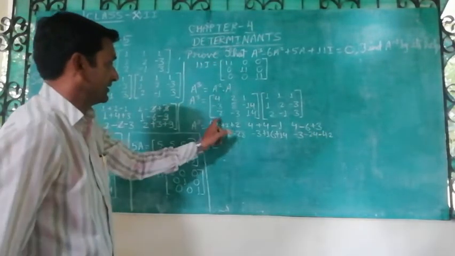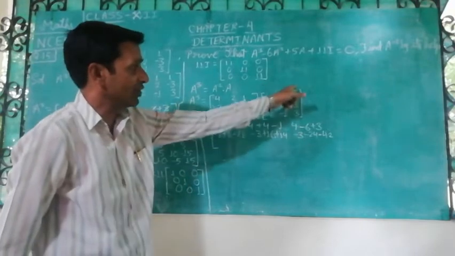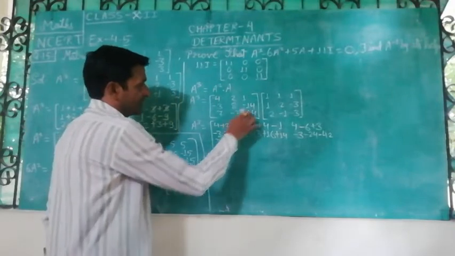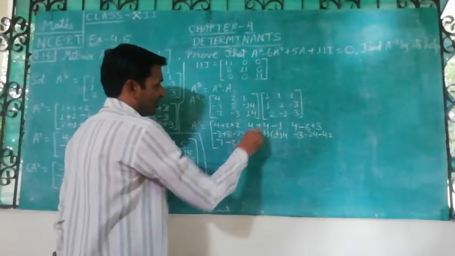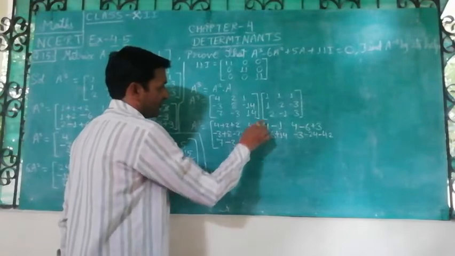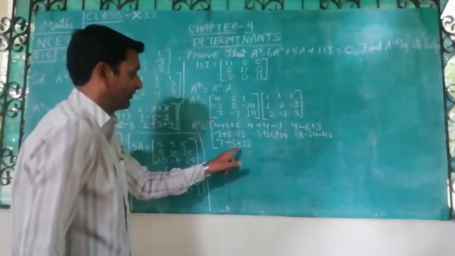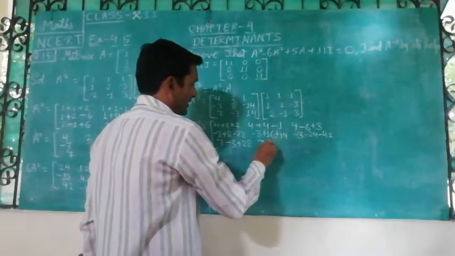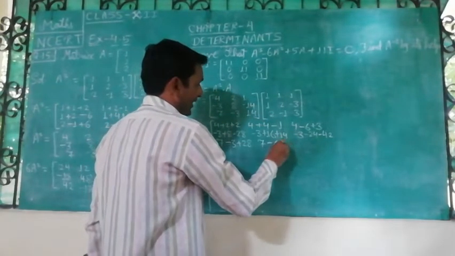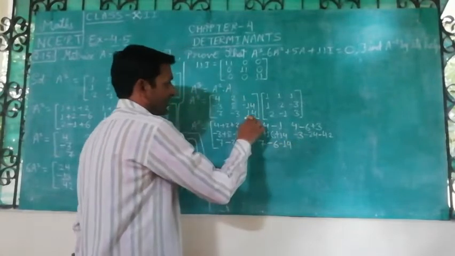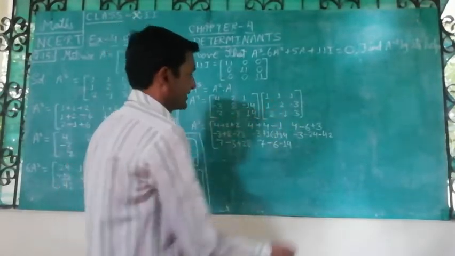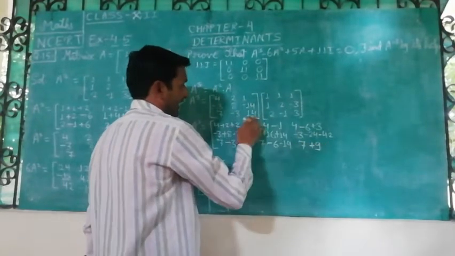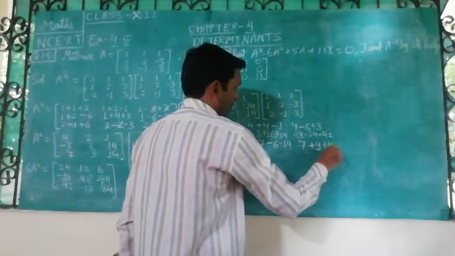Now 7, minus 3, 14 will be multiplied by this column and this column respectively. So 7 1s are 7, minus 3 1s are 3, and then 14 2s are 28. But here it is positive 14, so 14 2s are 28 will be positive here. 7 1s are 7, minus 3 2s are 6, and then 14 into minus 1 is minus 14. Now we have to multiply this row by this column. So 7 1s are 7, minus minus plus, 3 3s are 9, and then 14 3s are 42, plus 42.